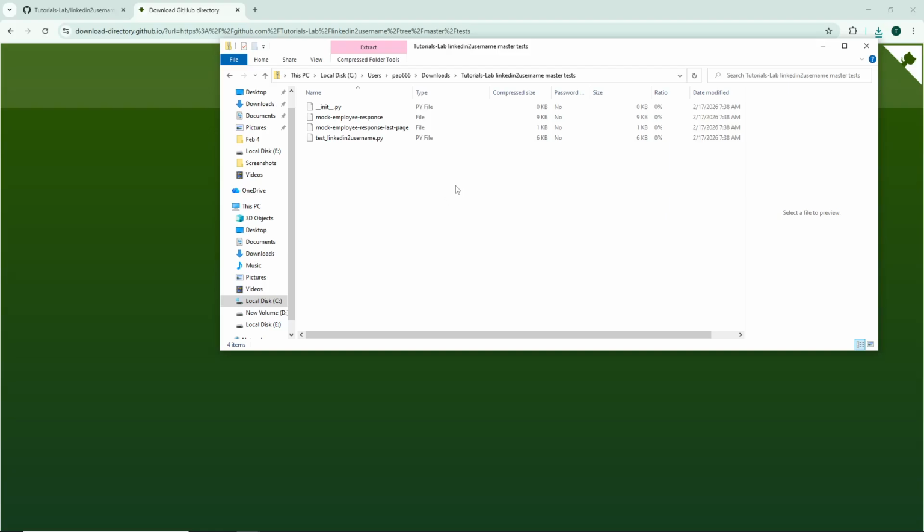And there you have it. You've successfully downloaded a specific folder from GitHub without having to download the entire repository. This method is perfect for when you need just a portion of a project or want to quickly access specific